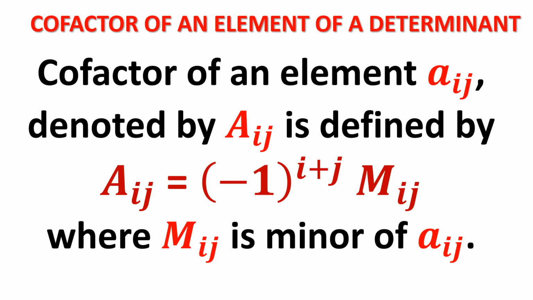Now it is a very simple calculation. (-1) to the power of an even number is positive. (-1) to the power of an odd number is negative. Therefore, alternately, you will get the sign. That is why, while we are expanding through the first row, can you remember? The first element we took as plus, the second element as minus, the third element as plus. We know it. The same thing we are doing here. Therefore, Aij is (-1) to the power i plus j into Mij, where Mij is the minor of Aij.